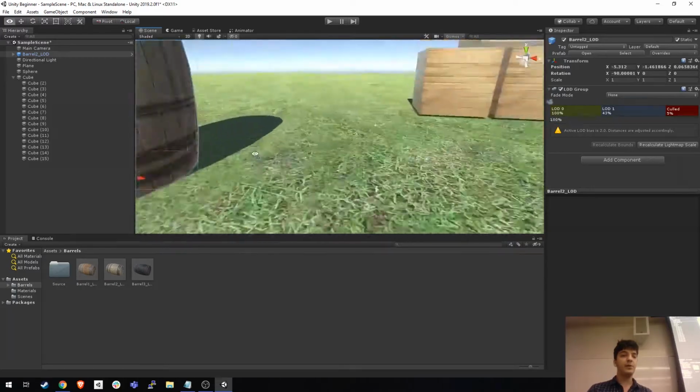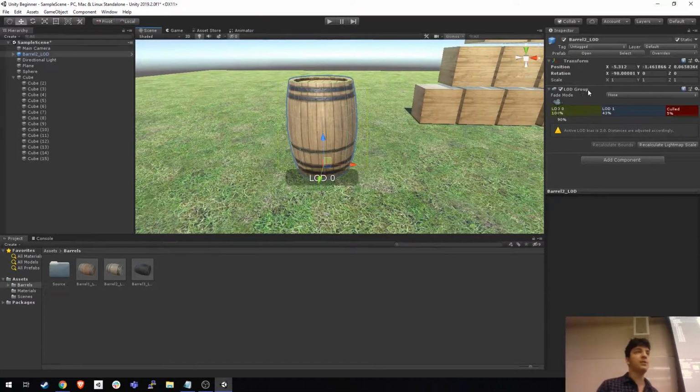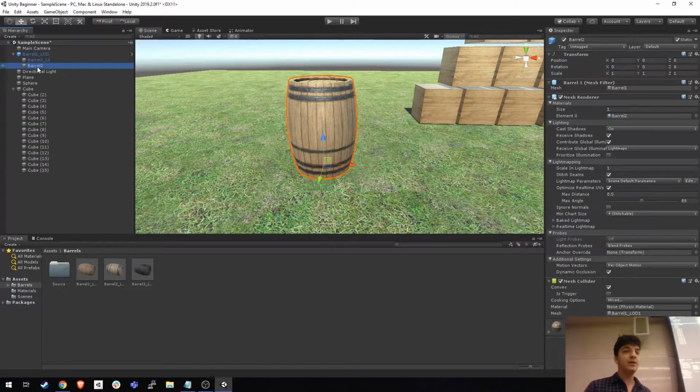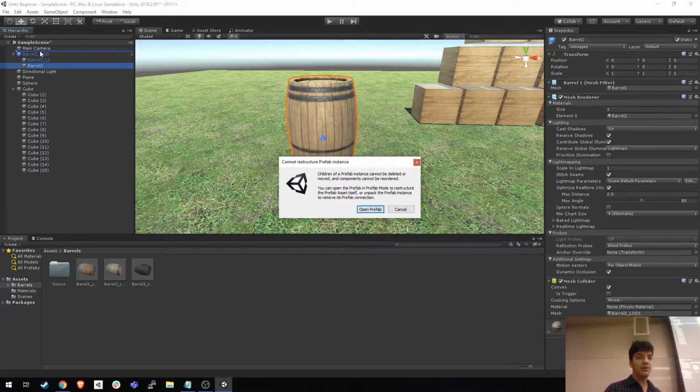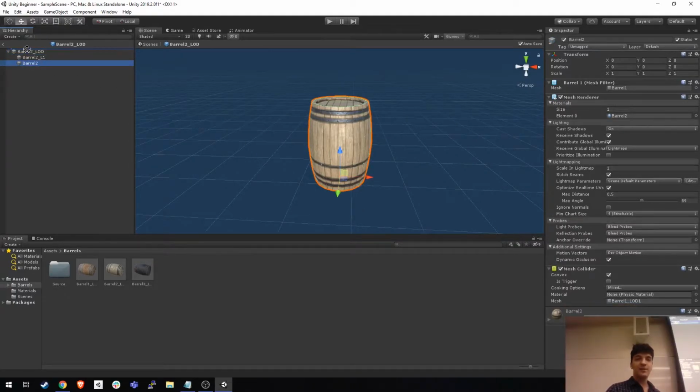So this barrel works on a similar principle, but it's using a component called LOD Group, and it's switching between a low detail version and a high detail version of the barrel inside of it. Now I just want the high detail version, so I'm going to pull this barrel out of this object. It's going to say, oh yeah, you can't actually do that anymore like that. You have to do it like,